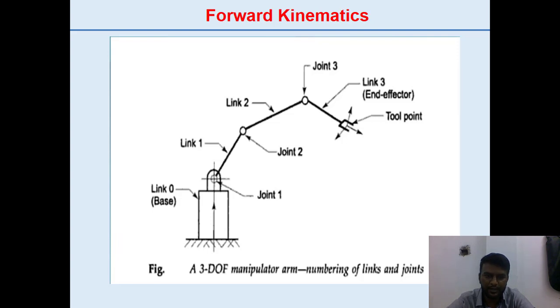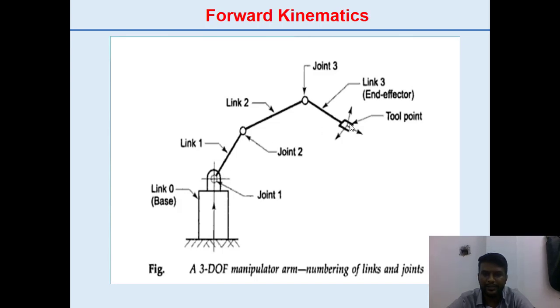So here you can see a typical 3 degree of freedom robot. The base link, we call it the zero link. The base link is defined as link zero. The other links follow in sequence: link 1, link 2, link 3, likewise. And we have a number of joints here connecting different links. The joints will provide the different motions that we have already seen, right?